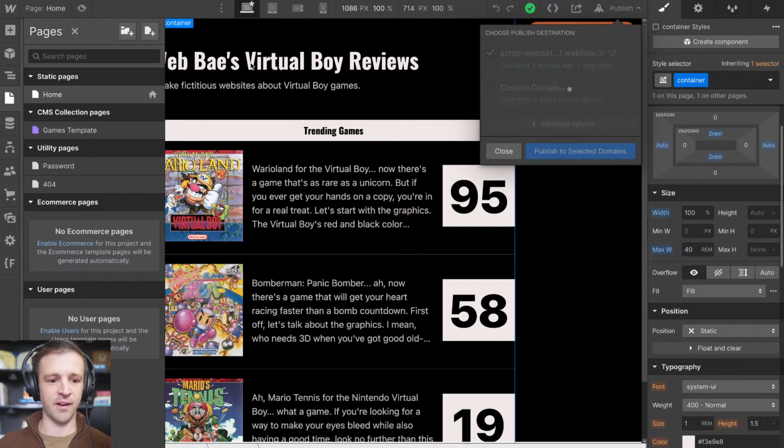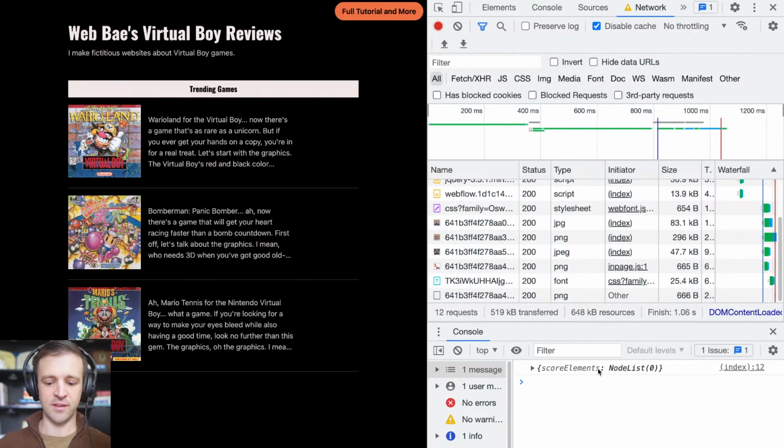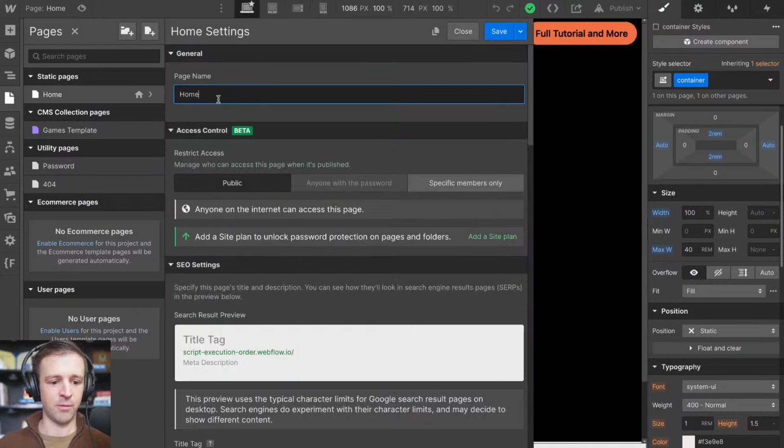Let's see if we get an error in our console or anything. I don't think we will, though. What do you think? Okay, we see it's not working. We don't get any errors saying that we can't use the defer attribute inside of an inline script. But what we have to do